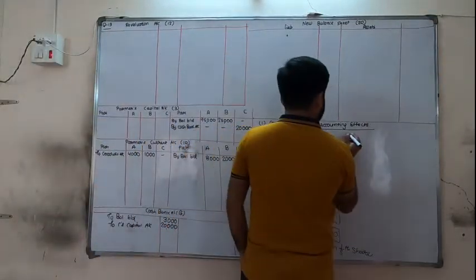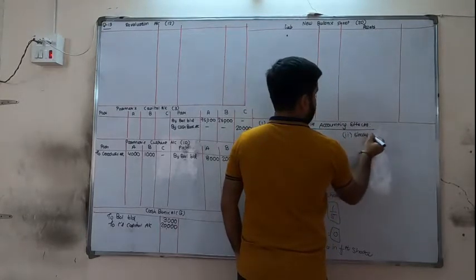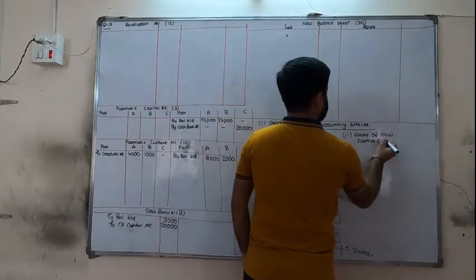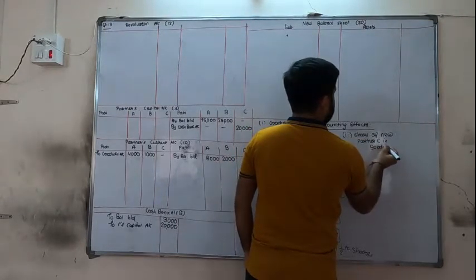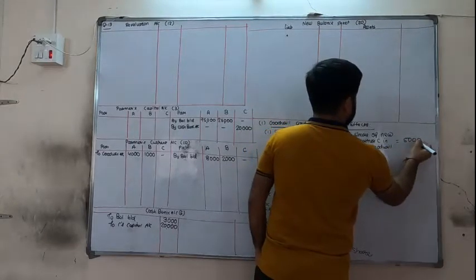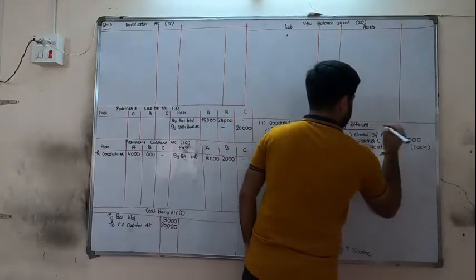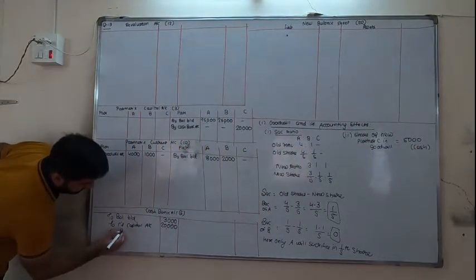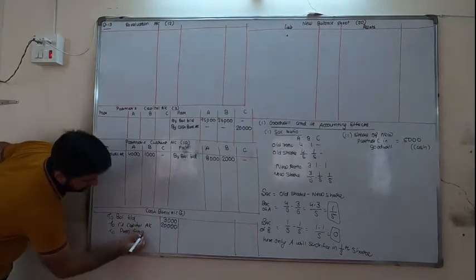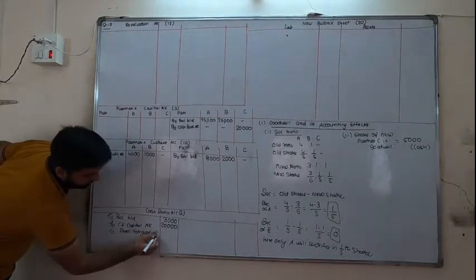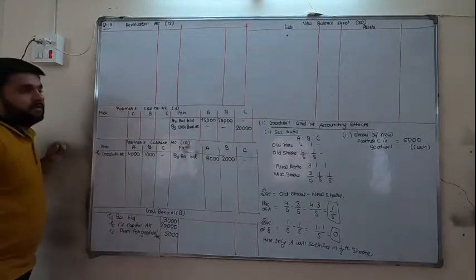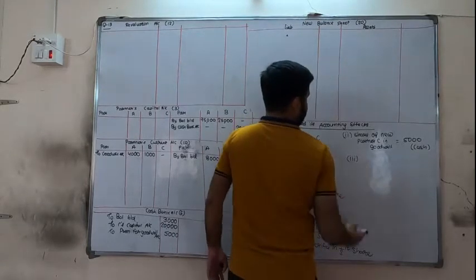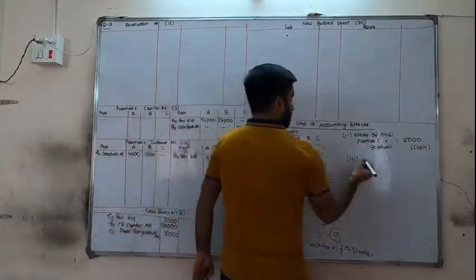The second necessary calculation is the share of the new partner C in goodwill. It is given directly as 5,000 and he is bringing it in cash. So cash is coming in, so debit side of cash to premium for goodwill account 5,000. Now it is to be distributed among only A, because only A has sacrificed. So the entry would be premium to A.